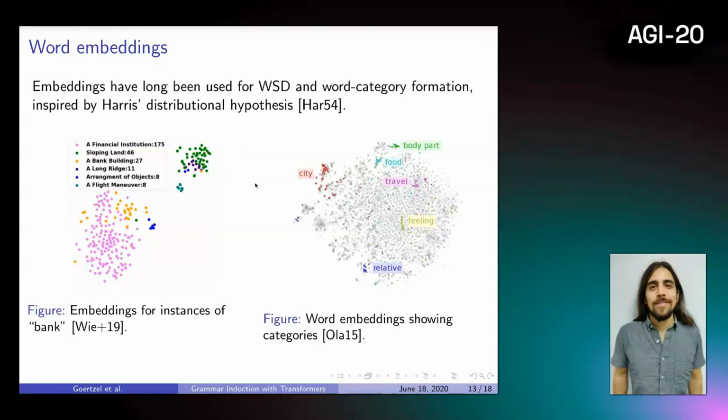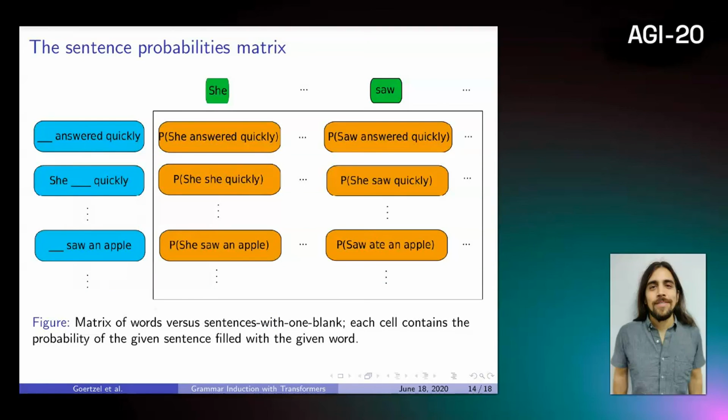We proposed that instead of using the hidden layer of some neural network, something that we don't have a very clear understanding of why it ends up being like that, I mean, it's of course based in the distributional hypothesis, but we want to have a little bit more control. So that can be done by building embeddings that we know what they contain. We propose to use embeddings obtained from a matrix that we create by using in the columns all the vocabulary of the corpus, and as rows every sentence in the corpus, where one at a time we remove one of the words and leave it as a blank.